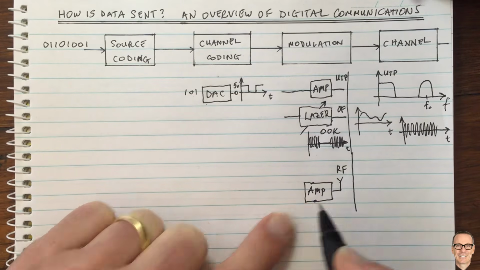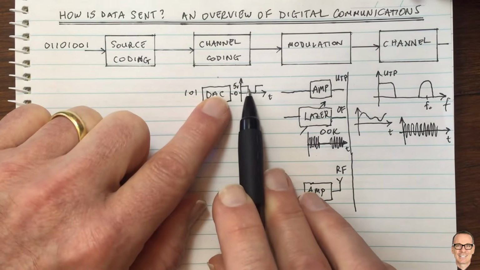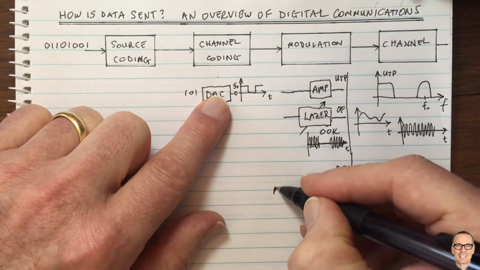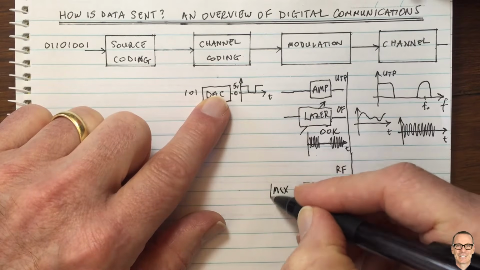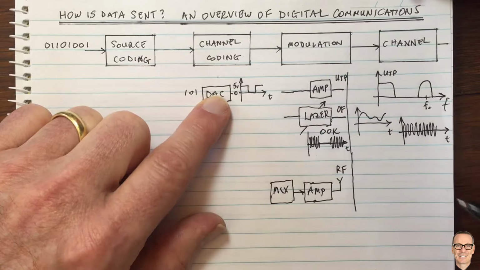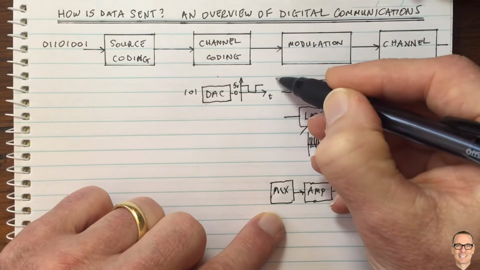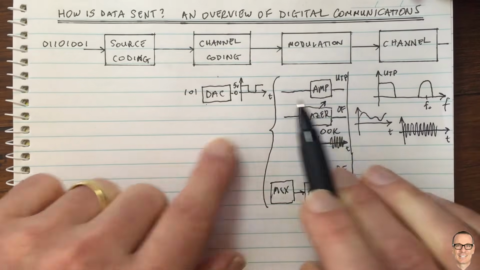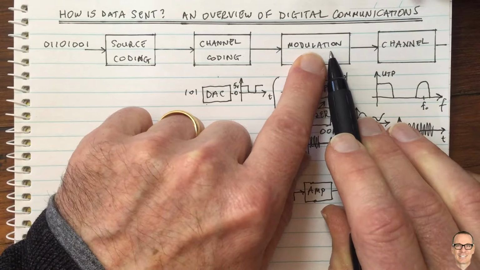Okay, so we've got an amplifier, and of course, how do we turn these 1s and 0s into something at that frequency? Well, we do that with something which we call a mixer. So I'm just going to put the word mix here, and of course, there's more information elsewhere. We're just doing a summary today. Okay, so these are 3 different examples of what happens in a modulation box